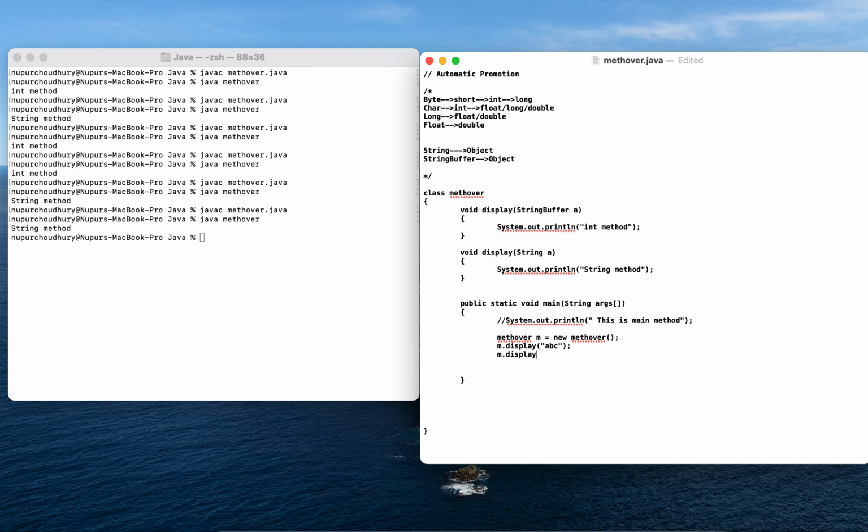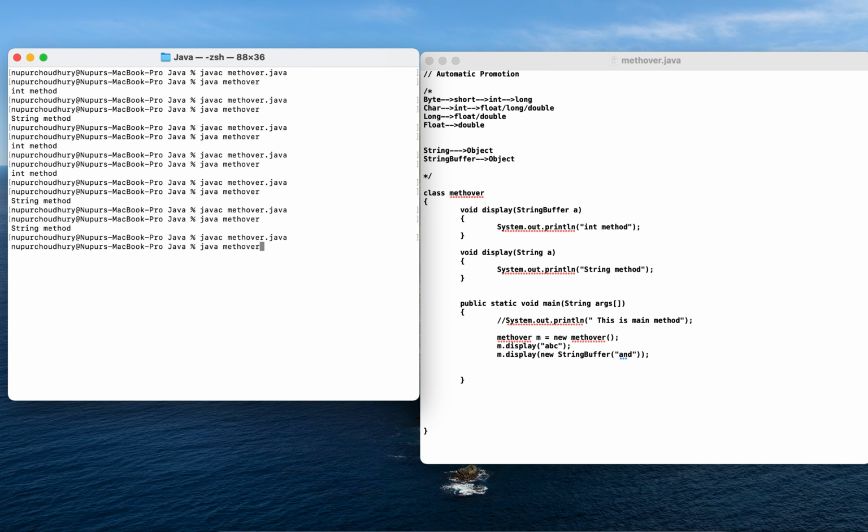simply use a new string buffer, and within this let me pass the variable. Let's say I'll pass simply ASD. So when I'm doing this, what I'll get as an output is that my first method would be printed.